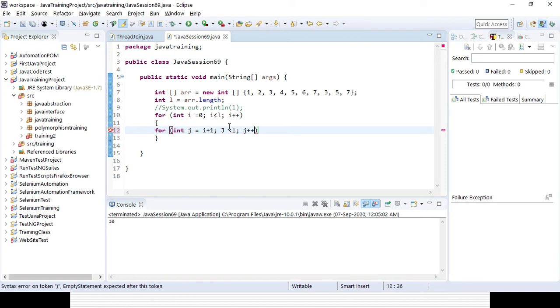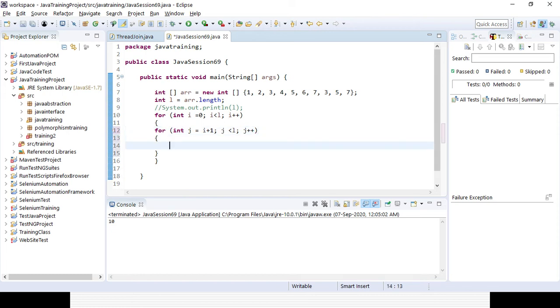So here it will be small j, not the capital J, because Java is case sensitive, right? Then here I need to give another bracket, and I will check the condition, whatever outer loop is there. So it will start with that element and iterate one. Suppose for that element it will check the rest of the elements. So here array i, in case it is matching with array j, it will be the duplicate element.